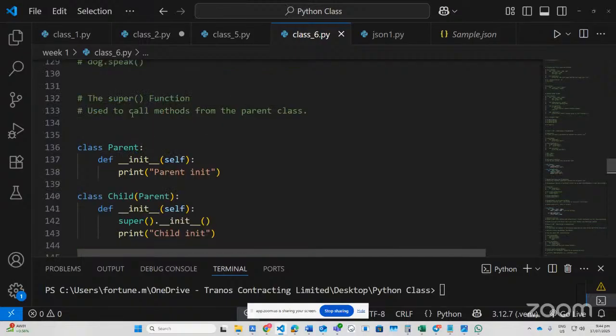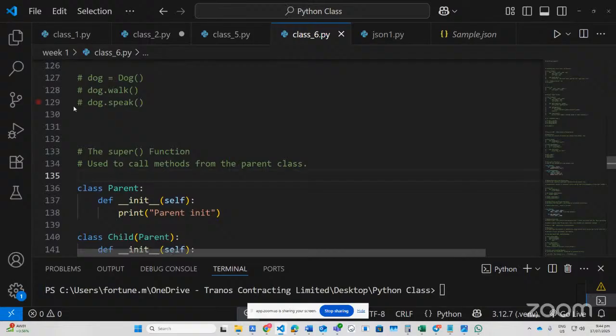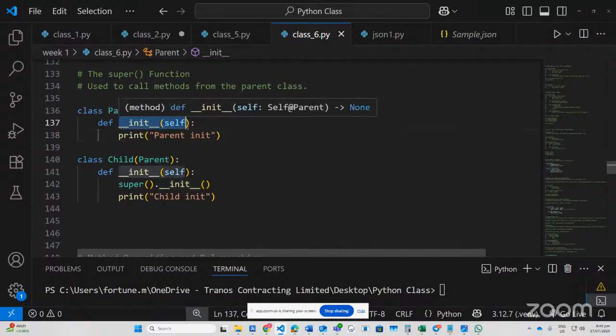So basically, like it's just written here, the super function is used to call methods from the parent class. So when we're using the init constructor here,